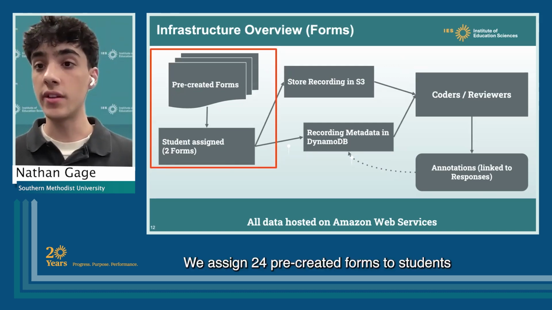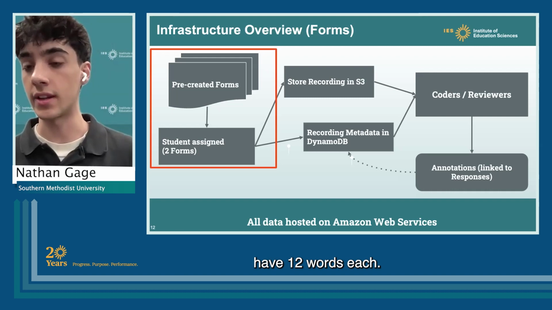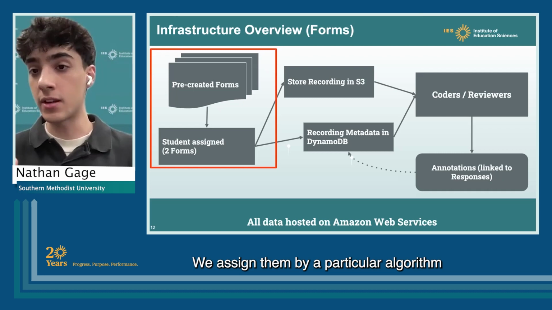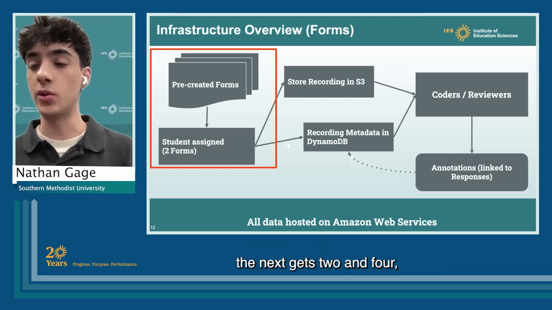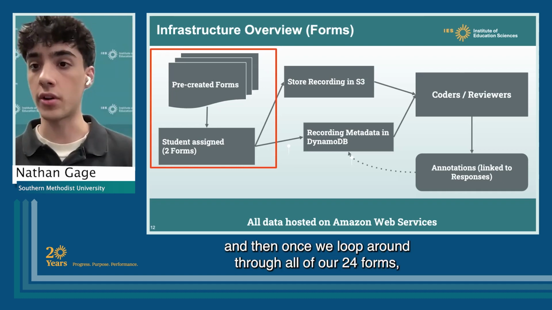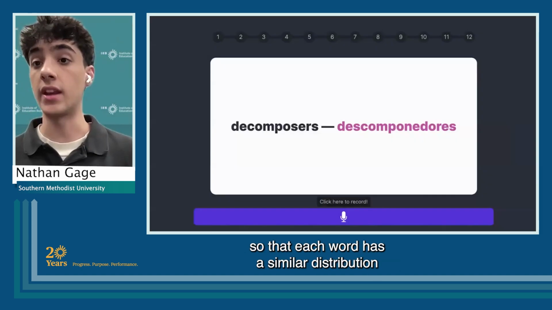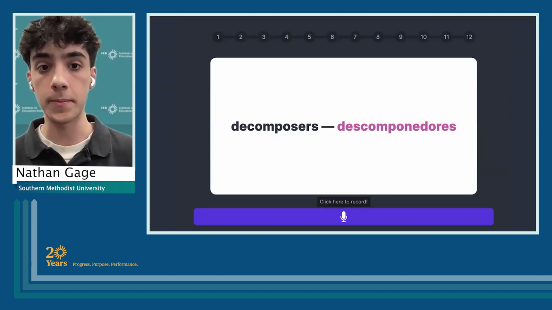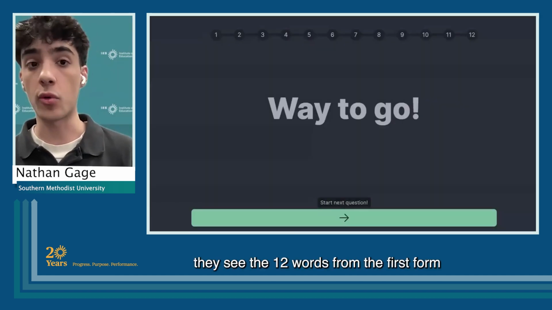We assign 24 pre-created forms to students, of which the students get 2 forms, which have 12 words each. So each student gets 24 words in total. We assign them by a particular algorithm where the first student gets forms 1 and 3, the next gets 2 and 4. And then once we loop around through all of our 24 forms, the next student gets 1 and 5, and so on and so forth, so that each word has a similar distribution of students responding to a particular prompt. Once the student gets their form, they see the 12 words from the first form on the top,